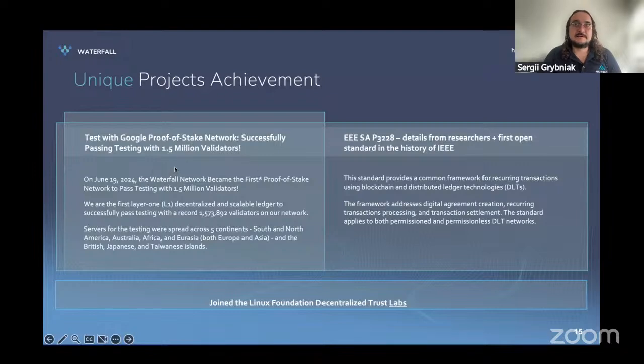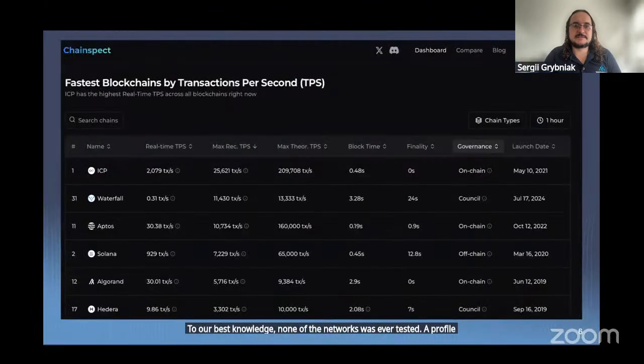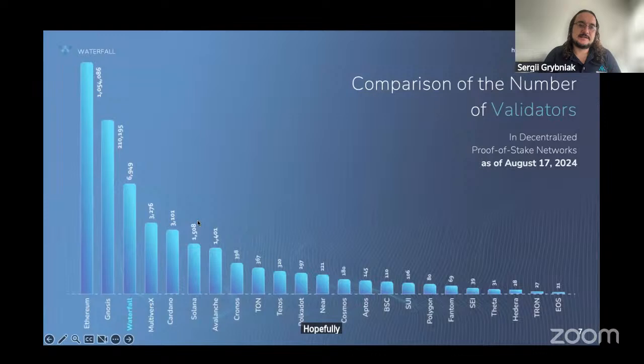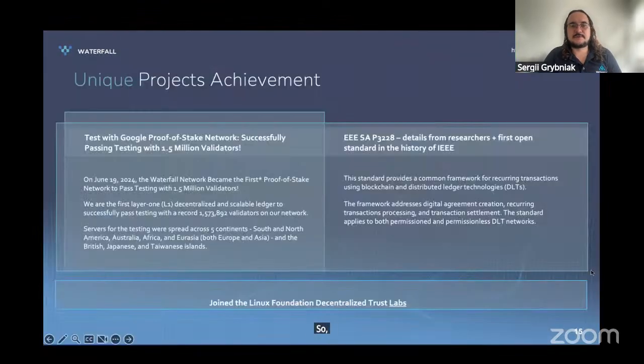Million validators reaching consensus on the network, and to our best knowledge, none of the proof of stake networks was ever tested with this number of validators. And plus, if we sum up all the validators here, it will be less than 1.5 million. So also, Waterfall